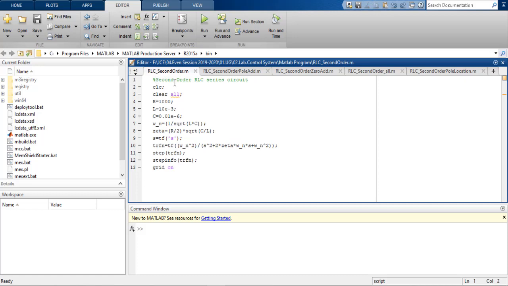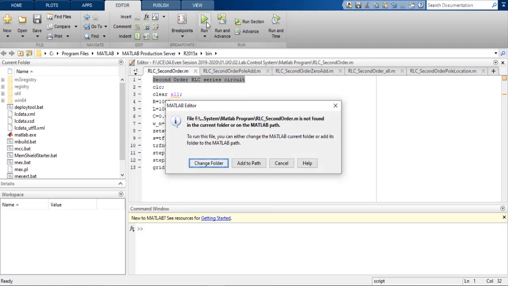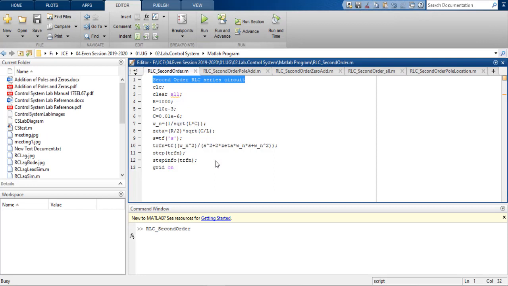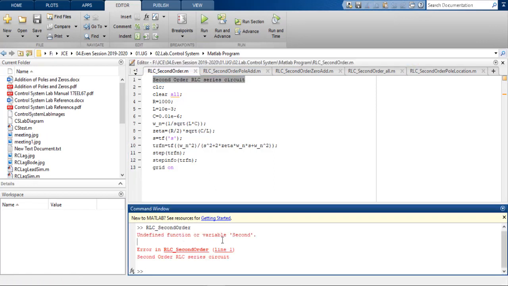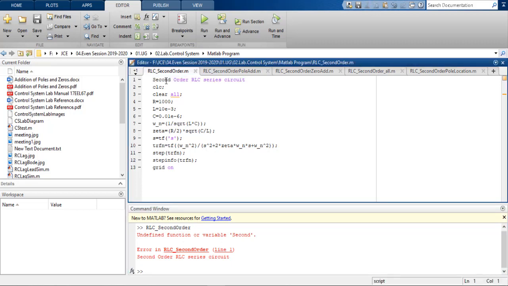If I do not use this comment, MATLAB will take this to be some command which it will not understand. So if I run it, it will give me an error. So I have to tell it, this is a comment, not a program line.